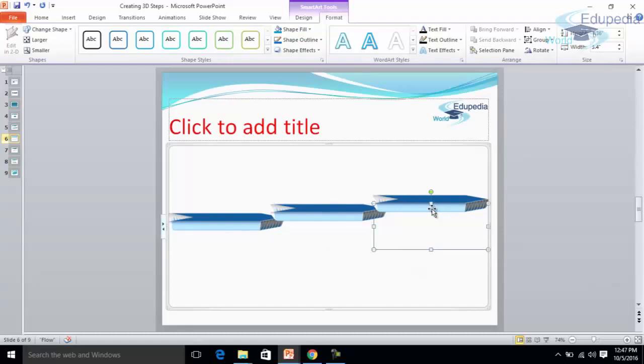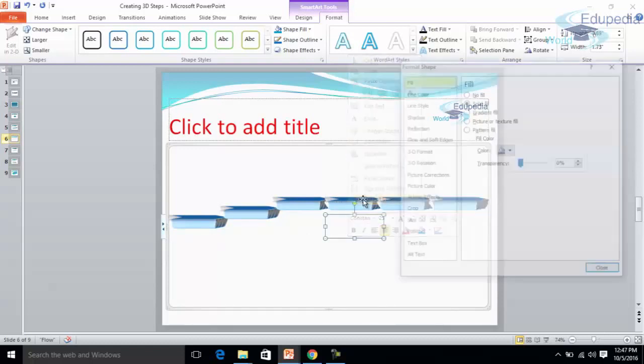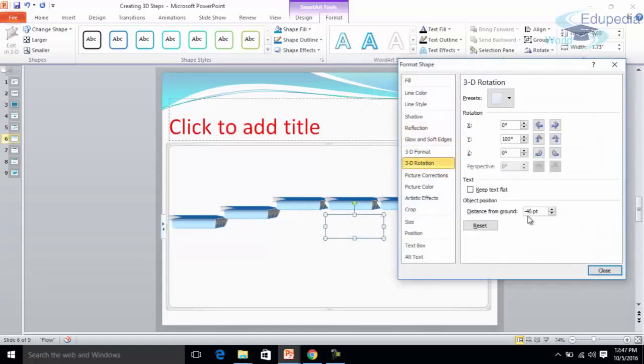I can increase the number of steps here. So this is how I can make more steps, and again I keep on giving the projection to the object. I'll select this for matte shape, and under the rotation I'll select the point 60 point. I'll select this, and the projection would be -80 for this.